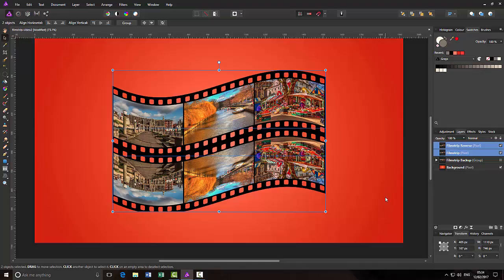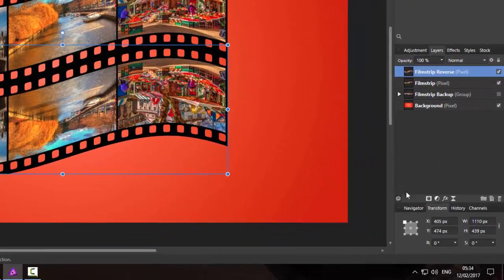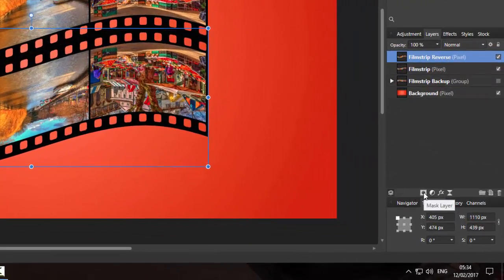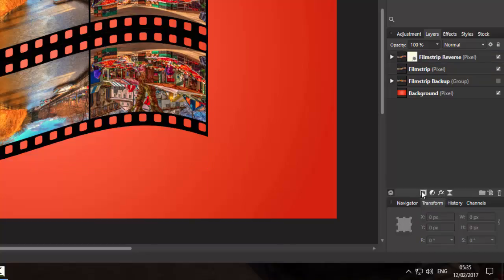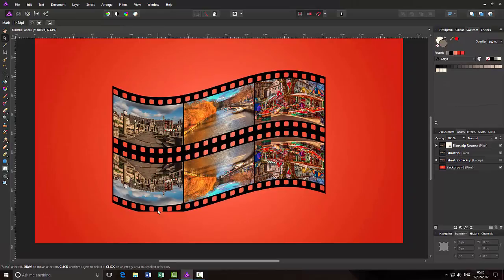So what I'm going to do now is just click and highlight the film reverse layer, which is the bottom one, and we are going to add a layer mask to this layer, and the layer mask icon is the first one in this group of 4 down here. So this will add the layer mask to that layer, and what we're going to do is start painting over the bottom of this, which is why I didn't mind losing that bit there. So we need the brush tool,